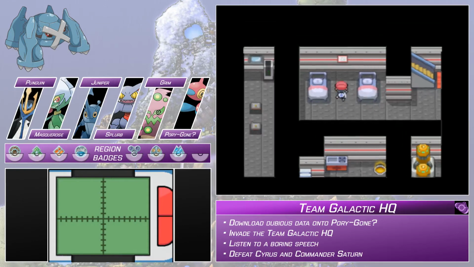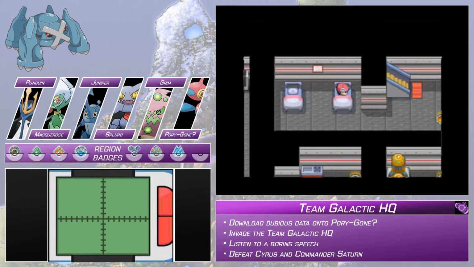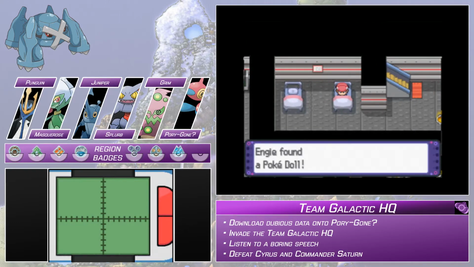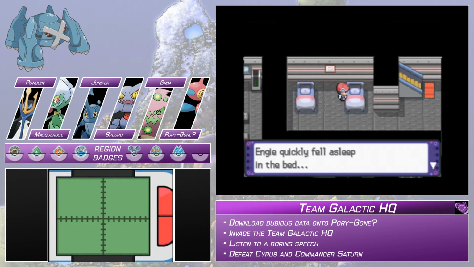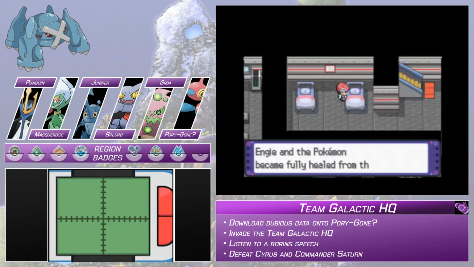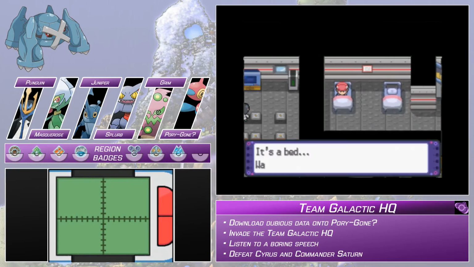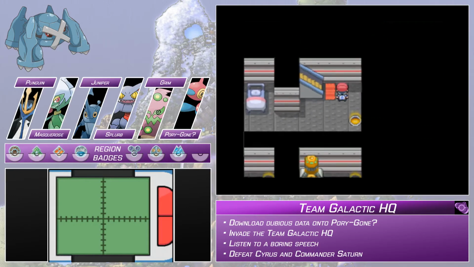Yep, I knew this was here. Team Galactic nap room. Ensure the bed is unoccupied before getting into it. And that's why I'm stealing a Team Galactic Grunt's Poke Doll. But I can also take a rest. So let's take a nap in the middle of enemy territory. There is nothing in this bed, if you wanted to know. I mean, you can nap in either bed, but...